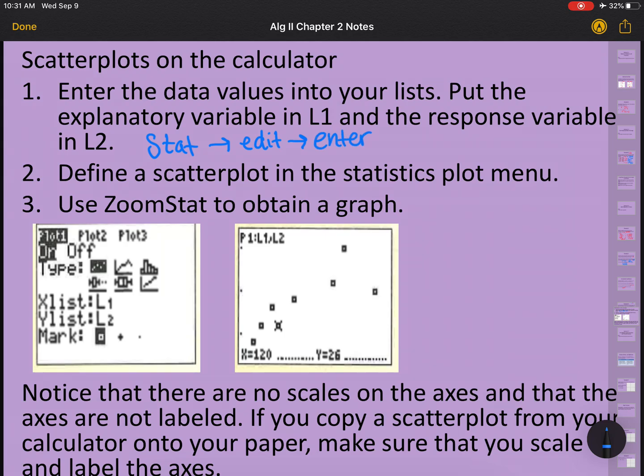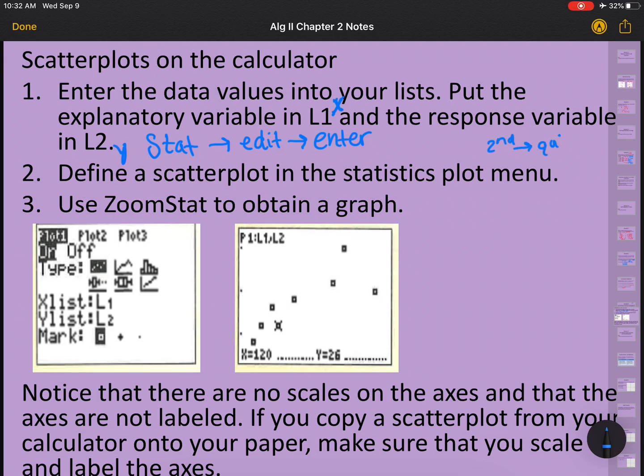Then you'll pull up a menu that says L1 and L2. L1 is the explanatory variable, that is your x values, and the response variable is your L2, which is your y. It's kind of like input, output. Input is your x value, output is your y value. So stat button, edit, enter. You fill in all your x values in L1 and enter all the y values into L2. And if you can't get out of there, hit second